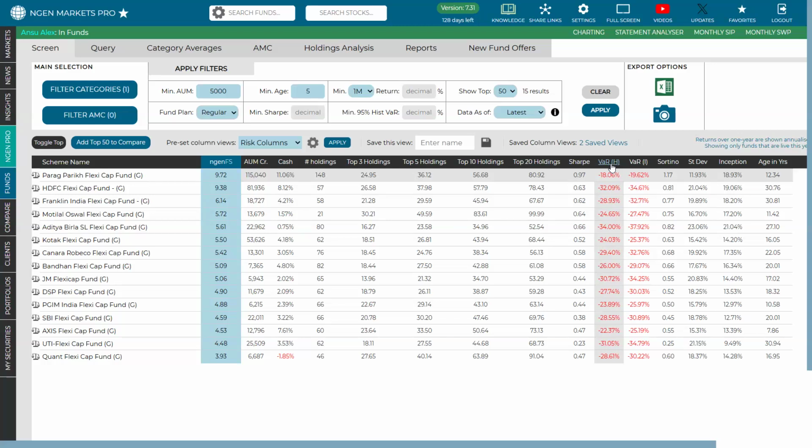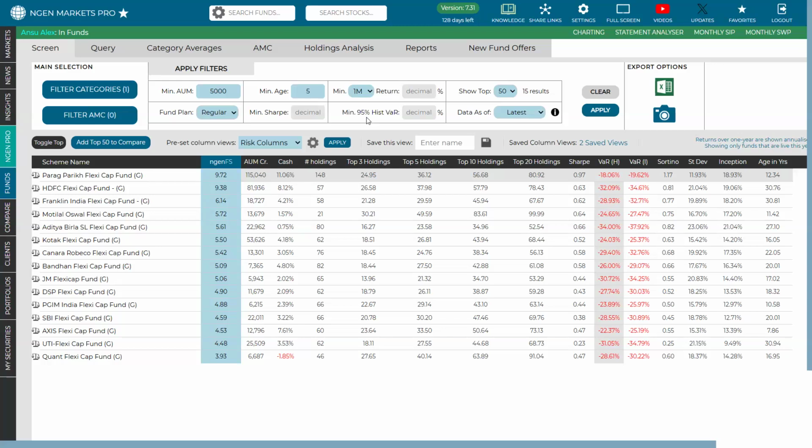Where you can determine that is in this apply filters option for minimum historical value at risk, we have given this filter of 95%. So since this is the fund section, by default, it will be set at a 95% confidence interval.